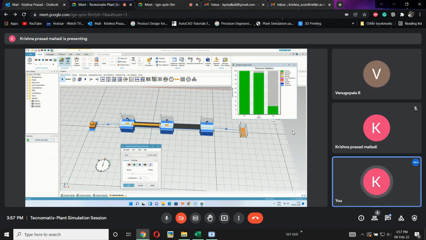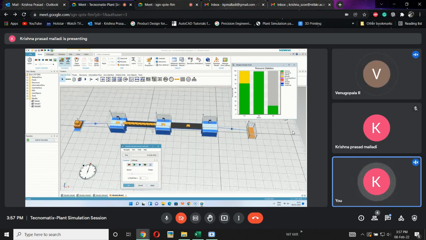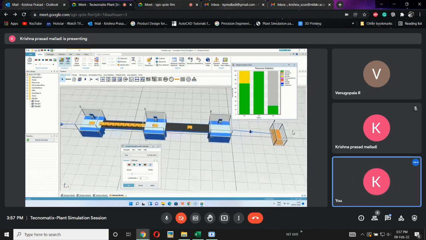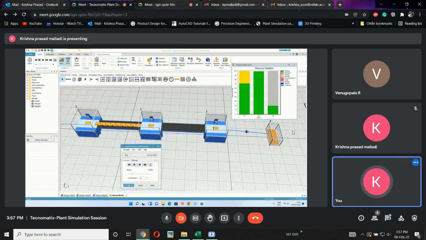This is called the blocked phase, whereas this machine, see, is in the blocked phase. This one is waiting. Now, if we consider this one, after a minute, once this part has left from this station,